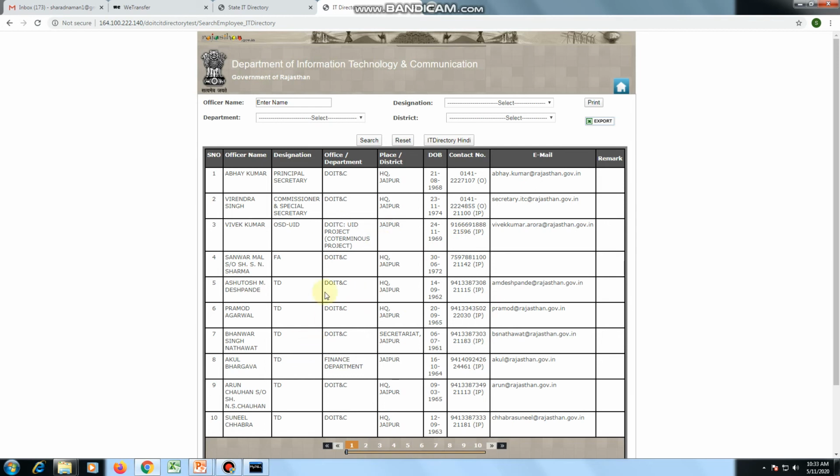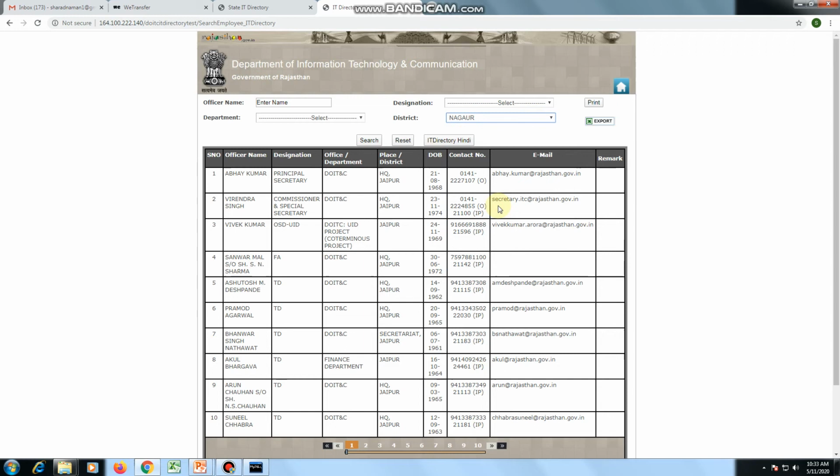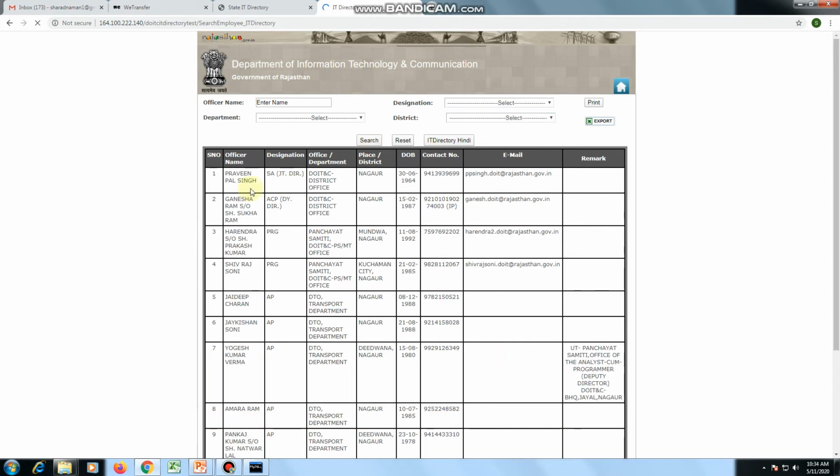Now coming back to the where clause, if I restrict the result of this table according to district, for example I want to display employees from a particular district, like Nagaur district. While clicking this button, I'm again getting a result table, but here the district of all these employees is Nagaur only.